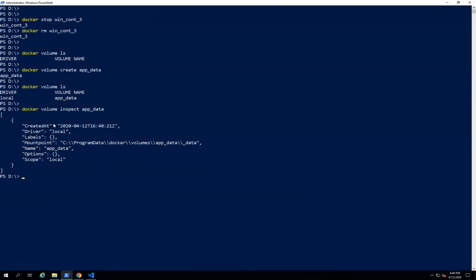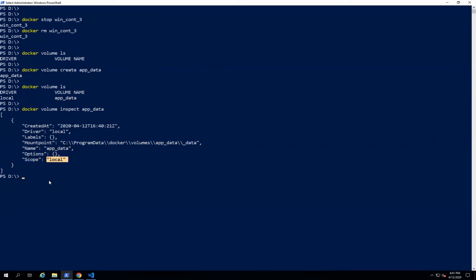Basically this particular volume will be created inside your host operating system path, but where exactly it is created, here you can get the information. It is created at this date, the driver is local, labels is empty, and mount point is this one: ProgramData, docker, volumes, app_data, slash _data, and name is app_data, options are empty, scope is local.